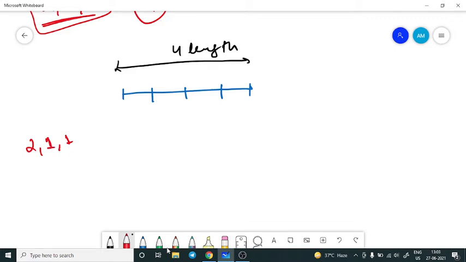Now since I have choices, what I can do is start from this one and cut the entire line segment by any of the cut segments allowed to me, right? If I start from the end, I can cut this line segment by a cut segment of size 1, either of this one, or either of this two, right? I have a choice. So if I start from this point, what choices do I have to cut this segment? I can either have one or two, right?